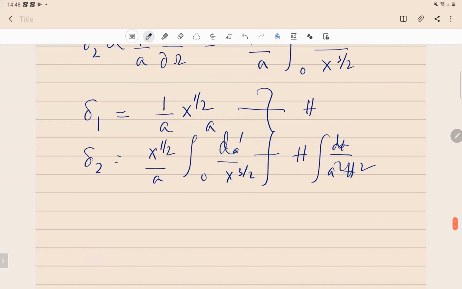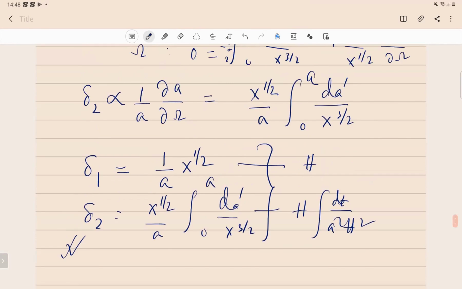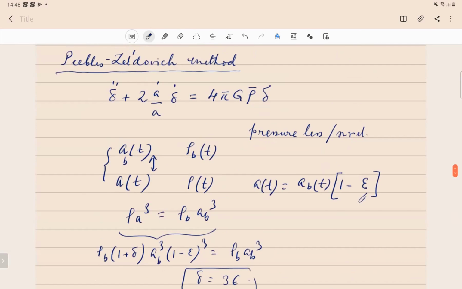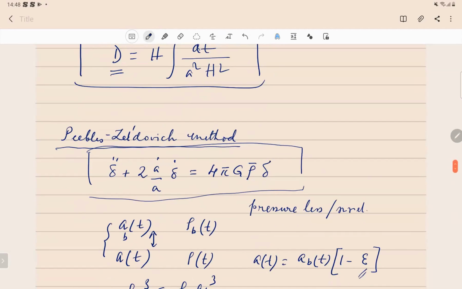So this is another way of obtaining the same solutions, but please understand that this quadrature solution for the growing mode is completely inapplicable when you have radiation. So please don't use it generally. Only when there's dark matter and dark energy should you be using this formula. It's very useful because it's just a numerical integration, and it gives you the growing mode by a simple integration. But if there is radiation and other stuff present, then you have to actually use Runge-Kutta or some other numerical methods to